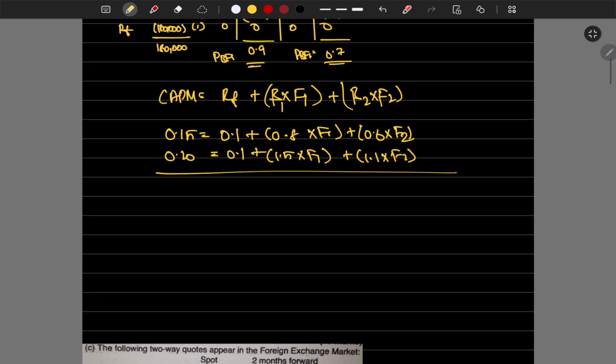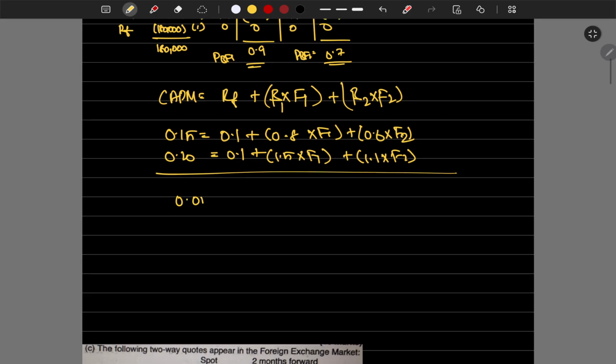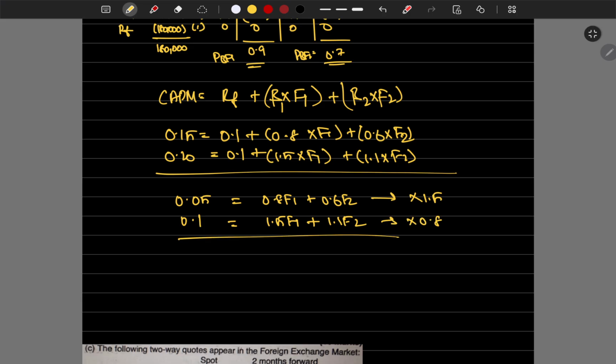Okay, let's quickly do the workings. 0.1 is equal to 0.8 F1 plus 0.6 F2, is equal to 1.5 F1 plus 1.1 F2. Multiply this equation by 1.5 and this equation by 0.8. When we do this,